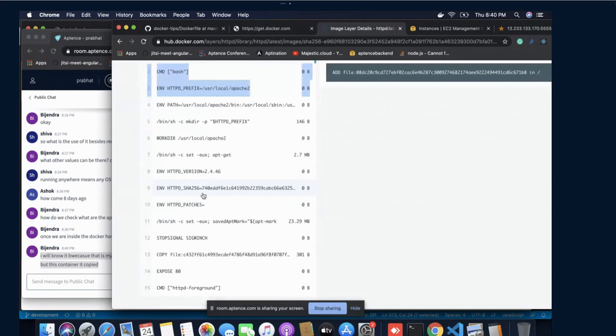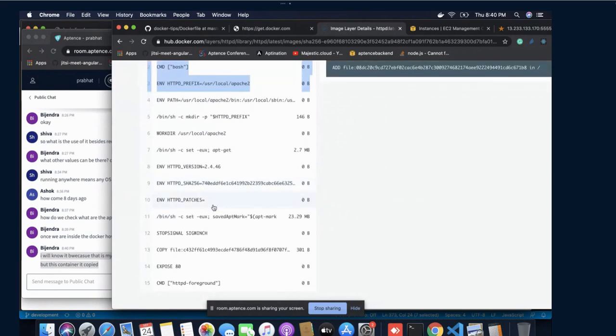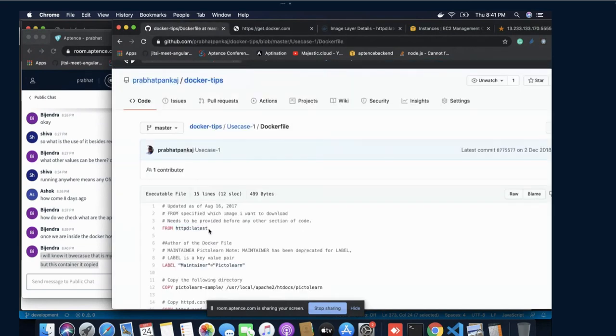So in that case, you can see they have only installed Apache. That's it. Other than that, they have not installed anything. This way you can understand what are the software that has been installed into this one. So you always have to take the reference from where this Docker image has been created. Are you doing it by yourself, or have you taken some reference? If you have taken some reference, definitely you should know what are the steps that have been considered while creating this Docker image.